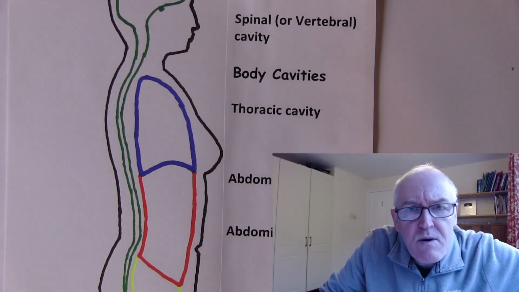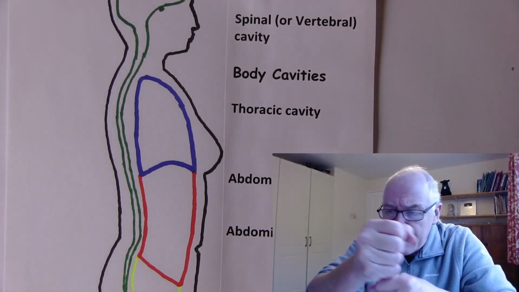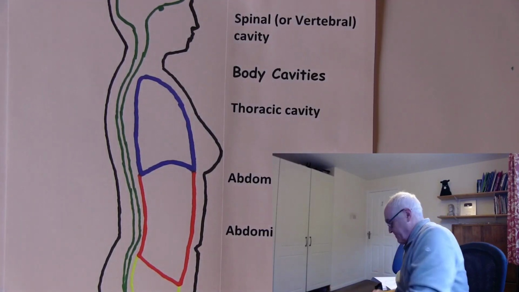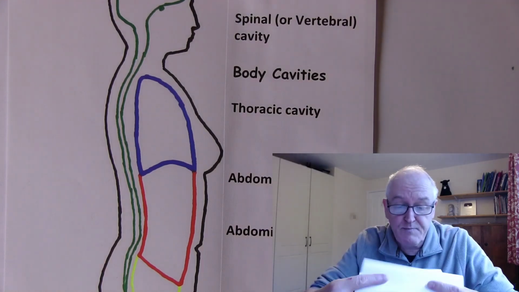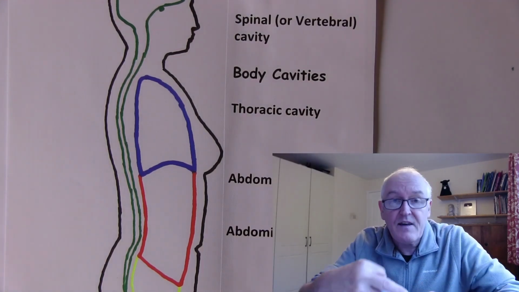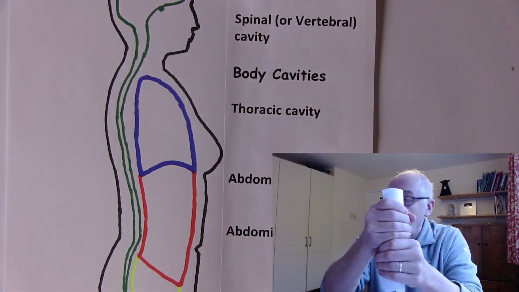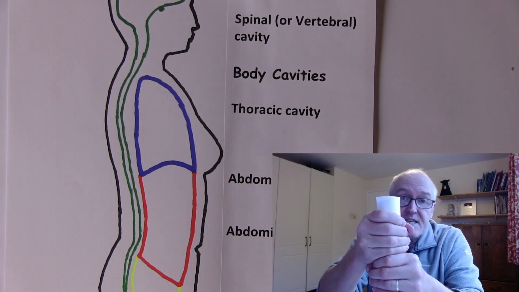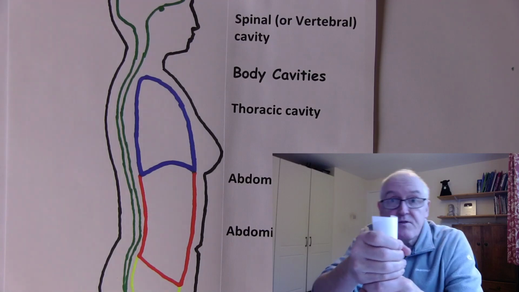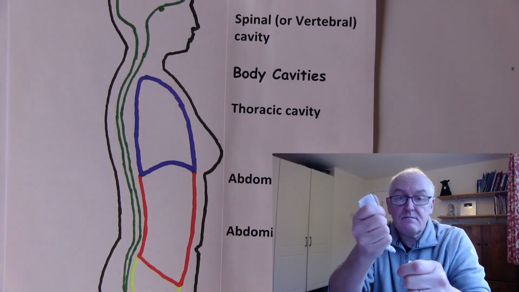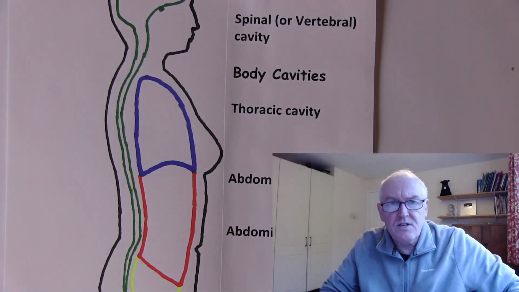And this is why it's so important if we have any injuries to the vertebrae, because if there's any injuries to the vertebrae, then what can happen is, imagine that's the spinal cord. This piece of paper is the spinal cord, and that's going through the vertebrae like that. Now, that's all absolutely fine as long as the vertebrae are intact. But if the vertebrae is damaged, and then we move the patient's neck or we move the patient's back in the wrong way, then it can transect the spinal cord, which is now useless.